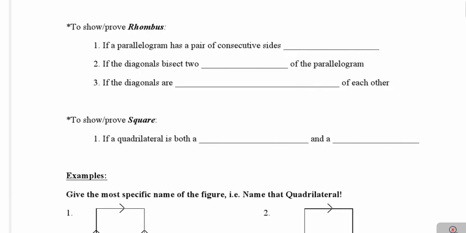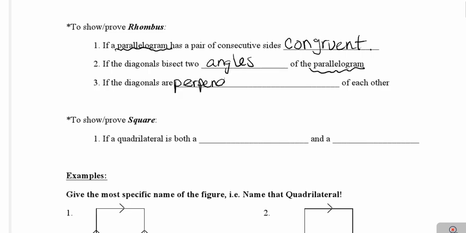Now the last 2 figures are the rhombus and the square. To prove a rhombus, first you would need to show, for this first reason, that it's a parallelogram that has a pair of consecutive sides that are congruent. Also, if the diagonals bisect 2 of the angles of a parallelogram, that's enough to prove that the quadrilateral is a rhombus. And then finally, if the diagonals are perpendicular bisectors of each other, then we can conclude